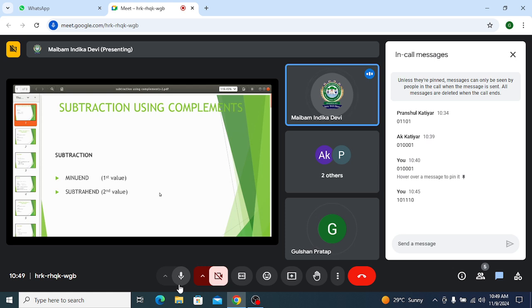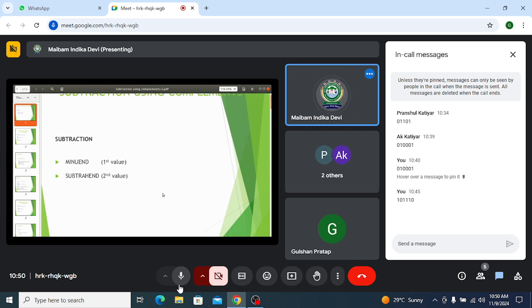Since in complements we have two types of complements, yesterday we discussed one is ones complement, one is two's complement for binary numbers, and for decimal numbers we have nines complement and tens complement. So let's see how to perform subtraction using ones complement, or another method, using two's complement. Let's take first the binary values. When you have a subtraction, let's say you have a number, let's say 10 minus 4.